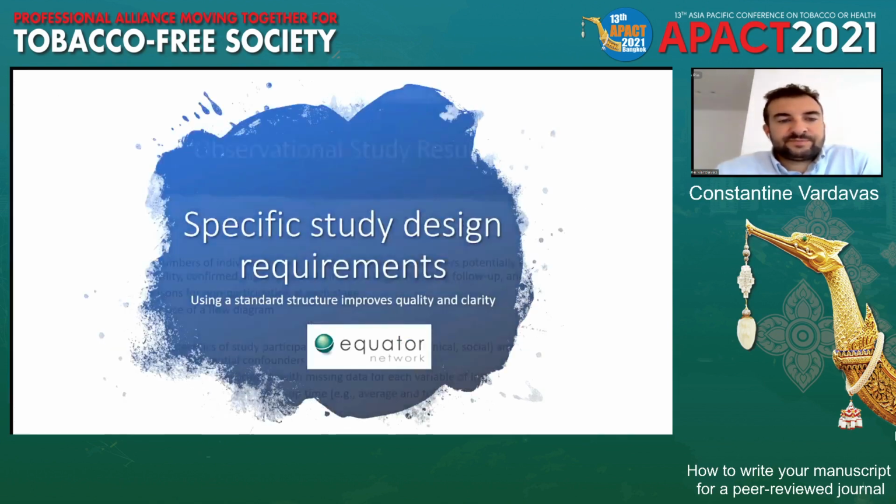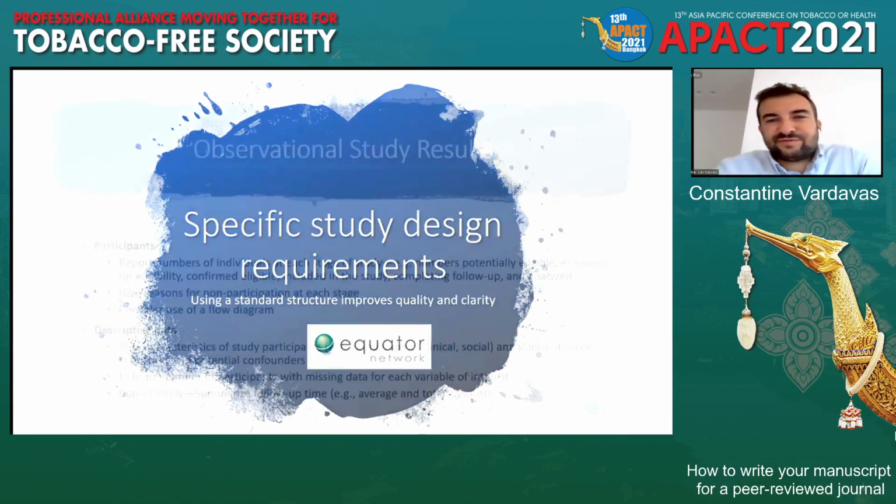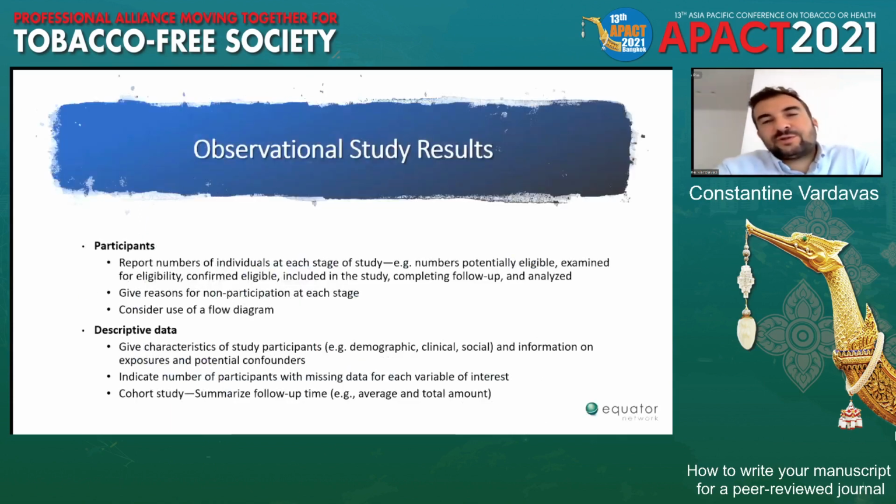So a lot of studies are observational studies, which means studies that do not have an intervention, where it's not a randomized study or an intervention pre-post study. These are observational studies, cross-sectional, for instance, or cohort studies, where you're not intervening, but you're observing the participants. So in the participants in the results section, and why am I presenting this? Because this is the most common approach.